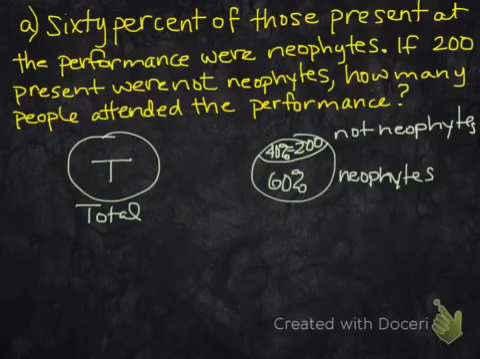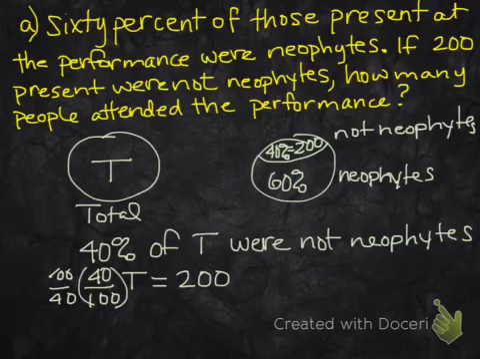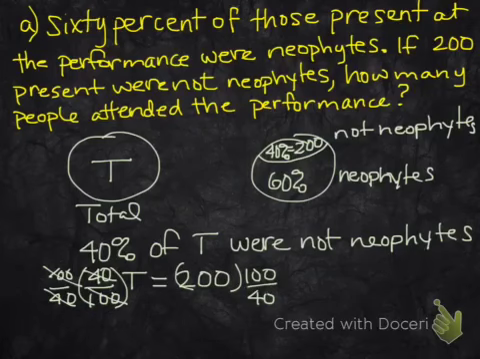40% of the total is 200. So 40% of the total were not neophytes. So 40 out of 100 times t equals 200. We can multiply both sides by 100 over 40, and then we can do some elimination, some canceling here, and